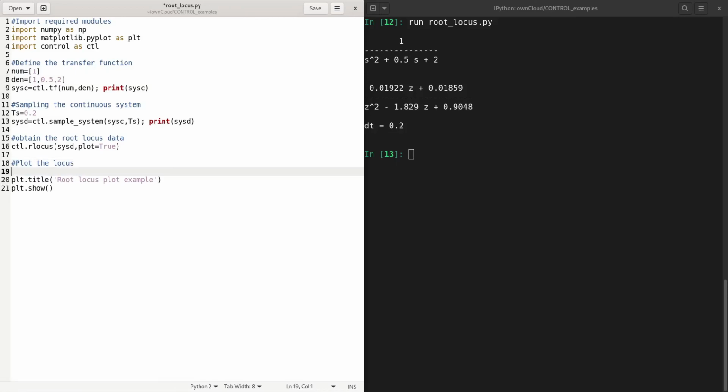Just before plot title, I will have plot axis, and I will mention the extremities of the x and y axis. So from minus 1.2 to 1.2 and minus 1.2 to 1.2 in the y axis also.